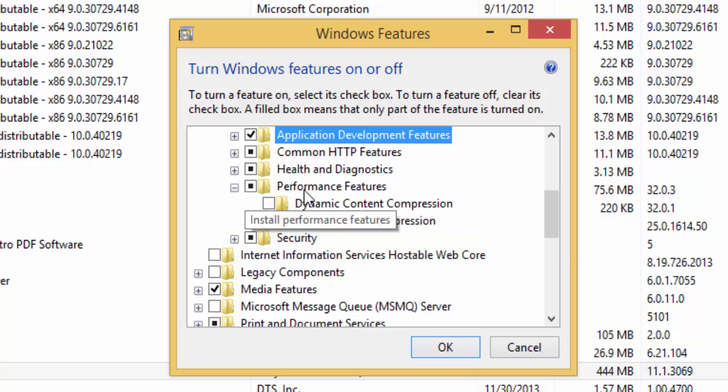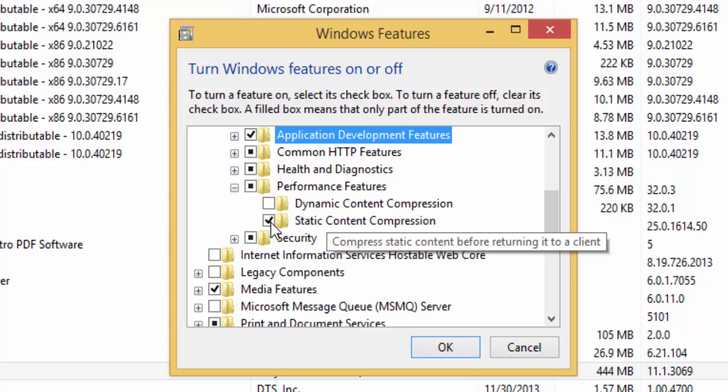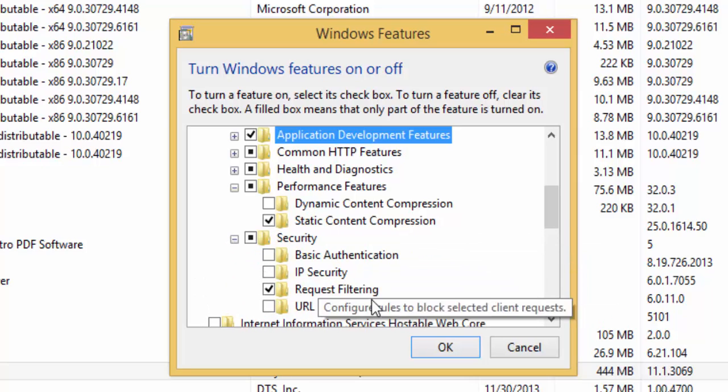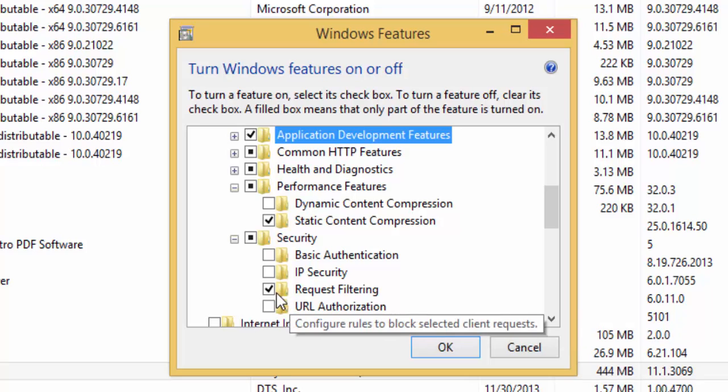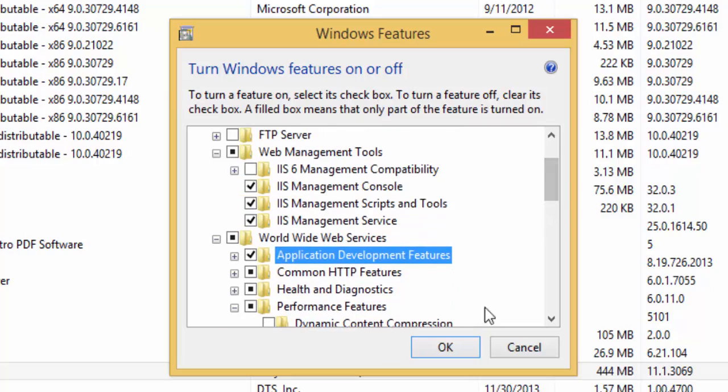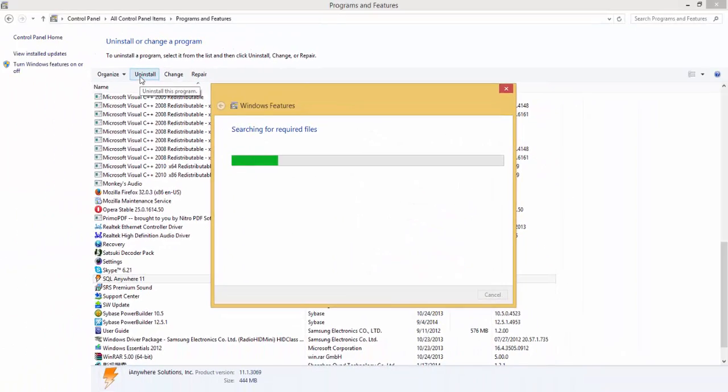Open up the Performance Features. Make sure Static Content Compression has been checked. And lastly, open up the Security tab and make sure Request Filtering has been checked. Once all the proper components have been checked, click OK, and this will actually start the process to install IIS